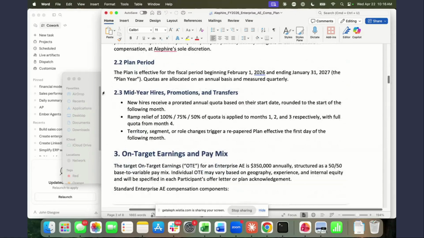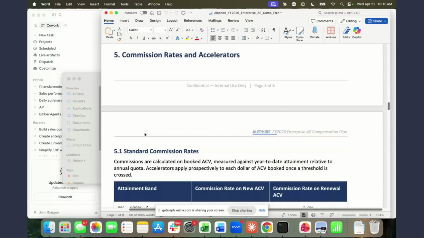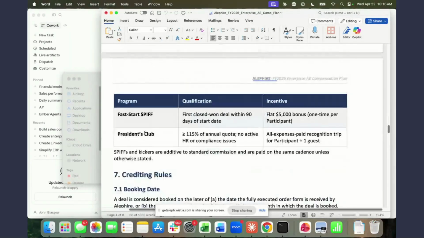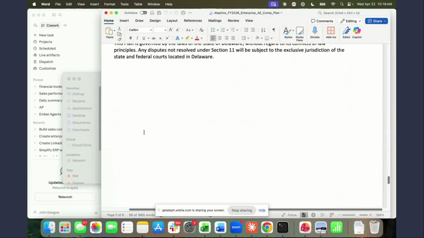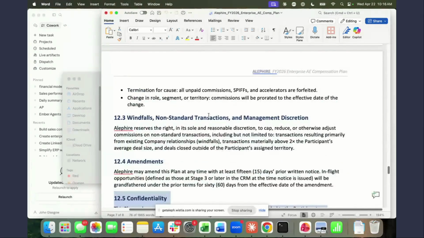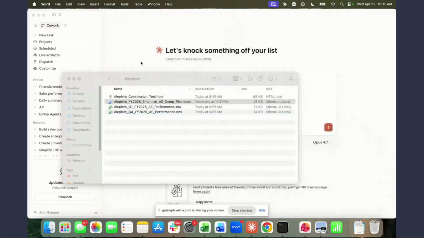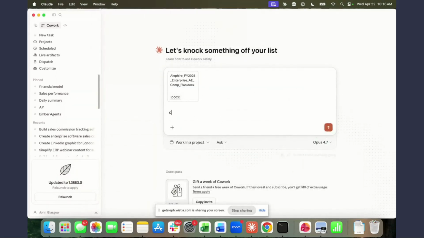They do a good job talking through the corner cases, like how we handle mid-year hires, with lots of detail. It looks very professional. We're a lean team on RevOps, so I think just getting Claude to take a pass for us, adding some things like governing law, confidentiality, windfalls. We can of course edit it and give it feedback, but we'll take it as is. And can you take this comp plan and prepare software for us to calculate?